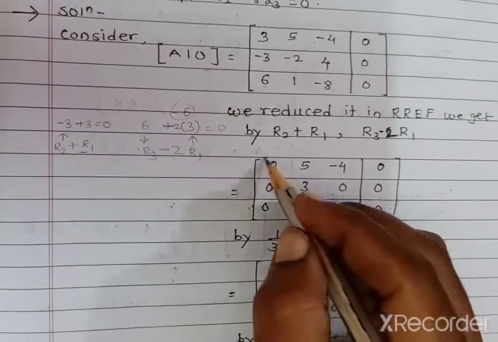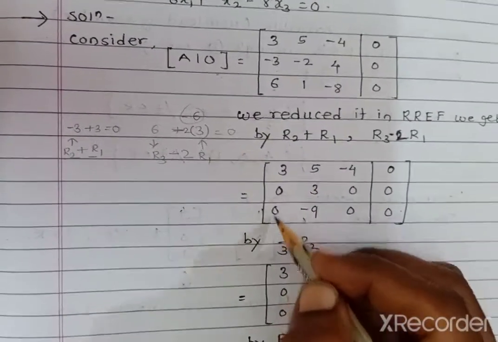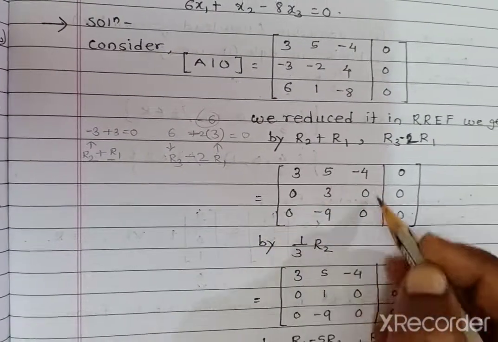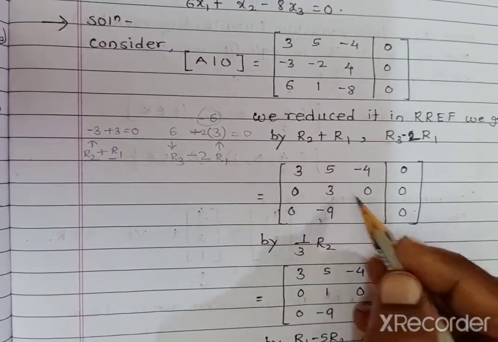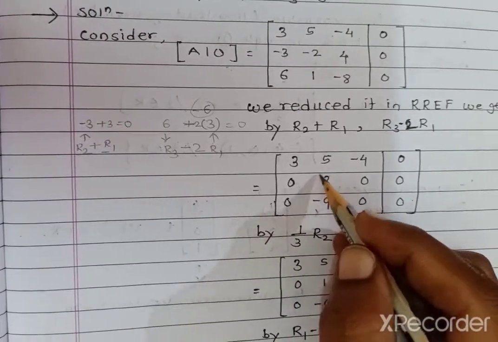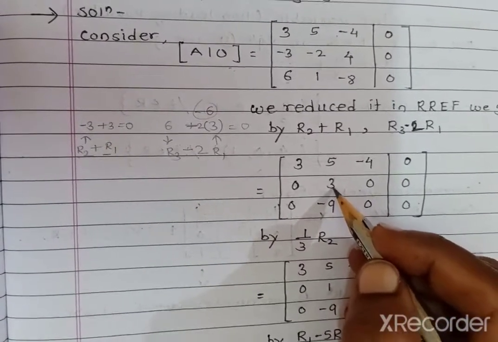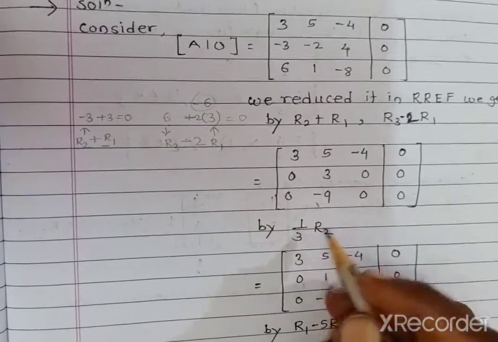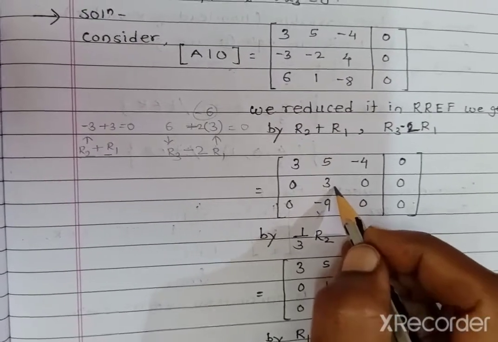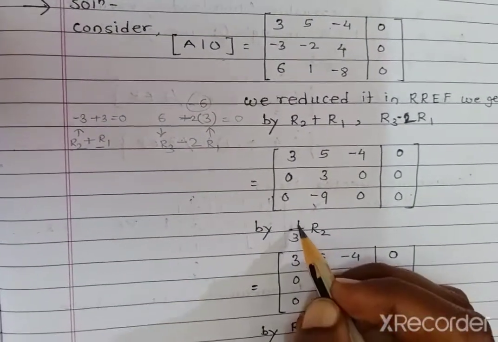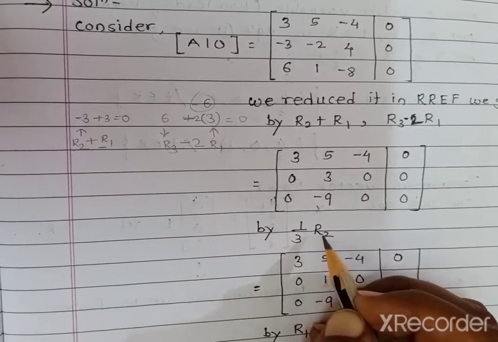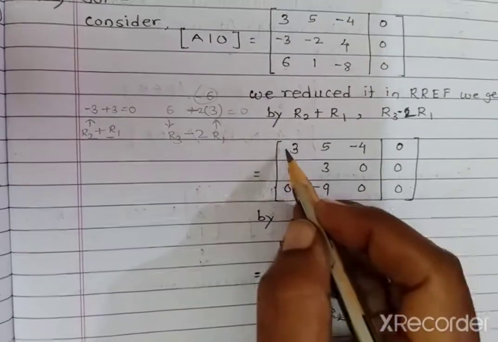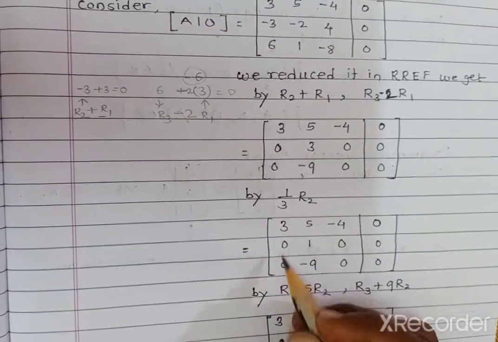Next, we have made the first entry a leading one, and its bottom entries are 0. So excepting the first row and first column, we discuss the remaining submatrix. In our remaining submatrix, we check what our corresponding entry is. Here it is 3. So first of all we make it 1 using a row operation: 3 divided by 3 gives 1. So for that, 1/3 times R2. This row operation is done on our second row, and the first and third rows we write down as they are.